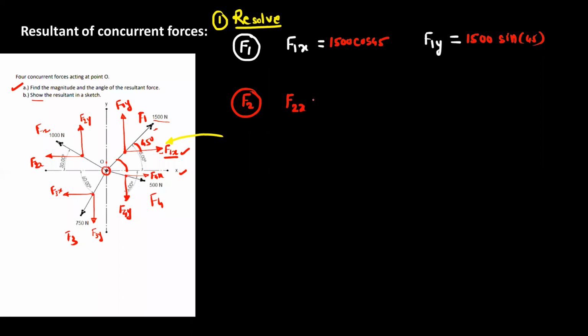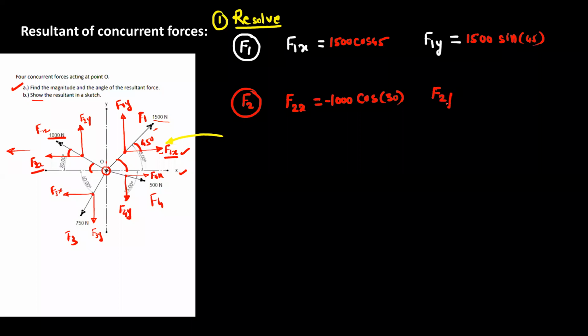So F2x is equal to, now F2x is towards negative x direction. This angle is 30. So this angle will be same. It is 30 degree. Okay. Now net force, which is F2, that is 1000 Newton. So 1000 is the F2. Angle is 30 degree and F2x is adjacent to 30, so this is cos. Okay. Now we have to give the direction. So F2x towards negative x direction, so this is minus.